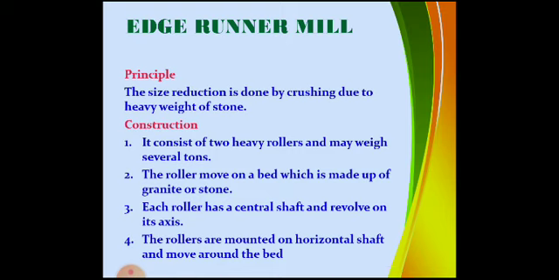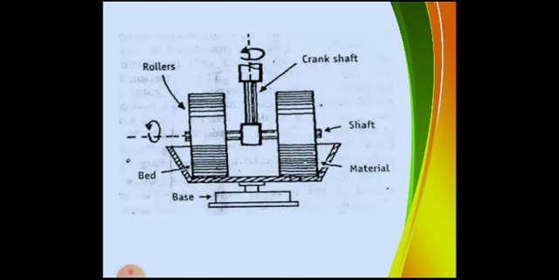Another mill here is the edge runner mill. The size reduction is done by crushing due to the heavy weight of stone. It consists of two heavy rollers that may weigh several tons. The rollers move on a bed made of granite or stone. Each roller has a central shaft revolving on its axis. The rollers are mounted on a horizontal shaft and move around the bed. As you see in the diagram,